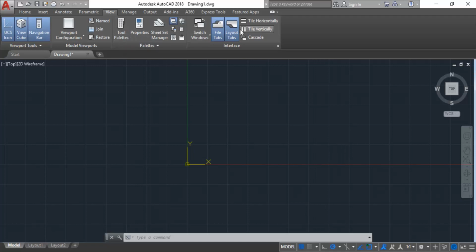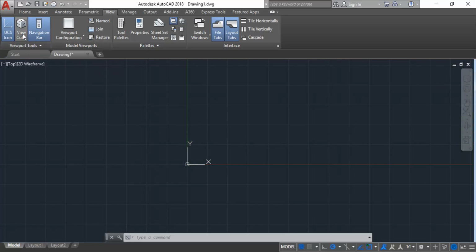So let me choose the UCS icon. When I click the UCS icon, it closes the coordinate icon. It closes the UCS icon. A similar case applies for the view cube